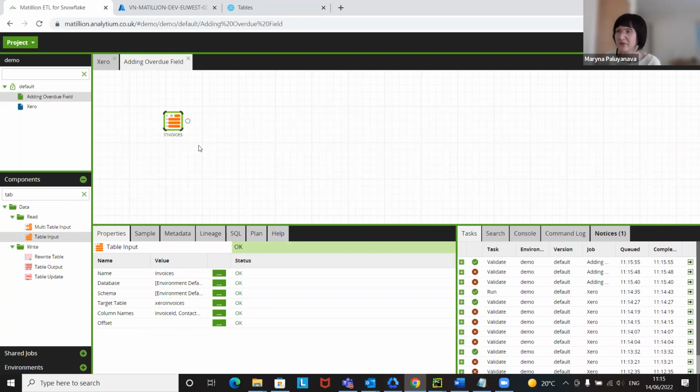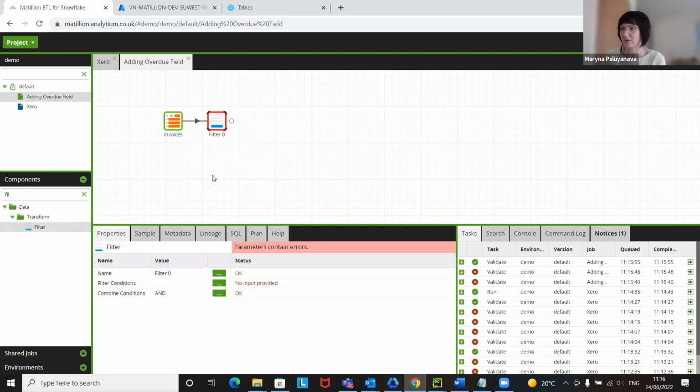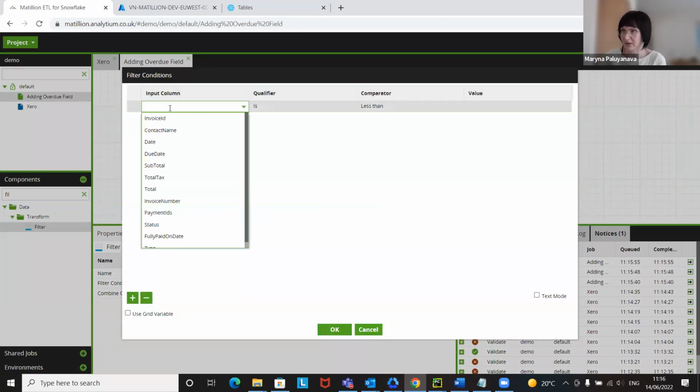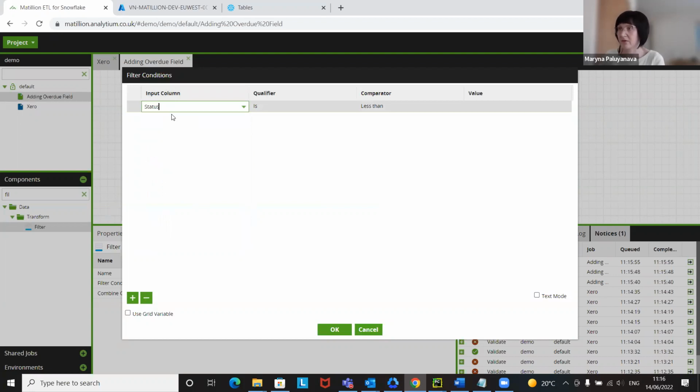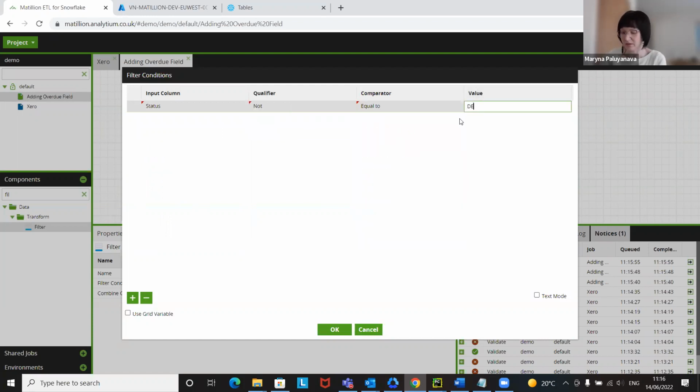And for example, there are some invoices that were deleted, so we would like to remove them from our tables. And for that purpose, we find filter component. We add it into our canvas and configure this component. So we filter our invoices using status field not equal to deleted. Okay,